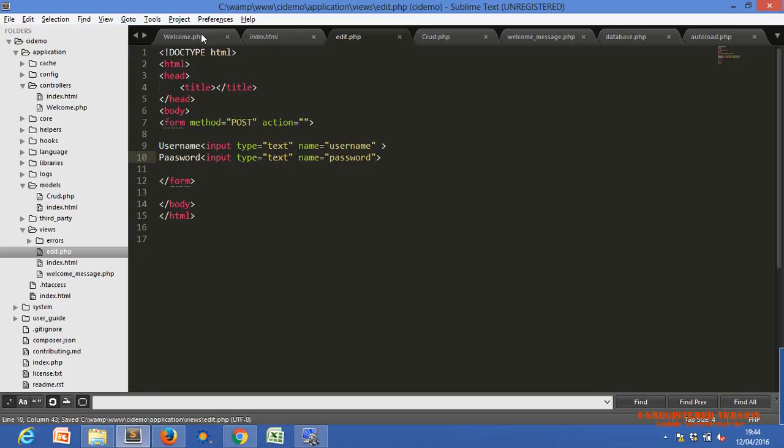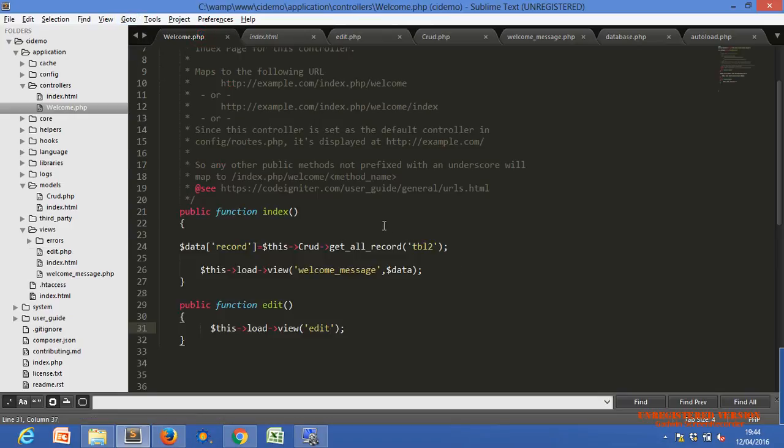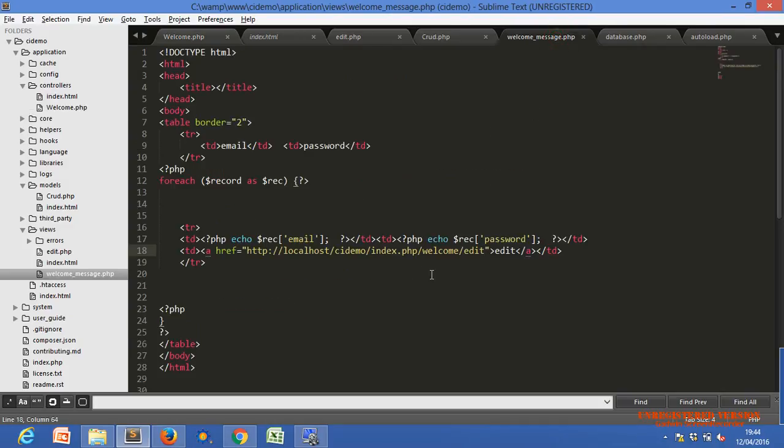One more thing about the base URL. You can see in the welcome view, in the edit anchor tag, what we have done? We have given a whole URL. But if we move our site to any other server or to the live server, we have to change it here.